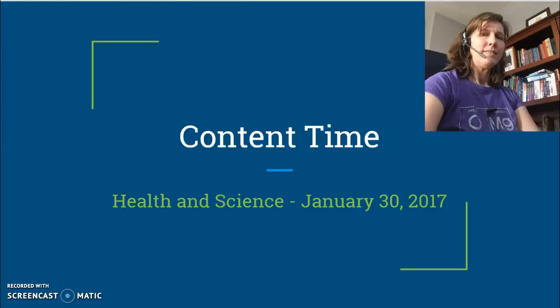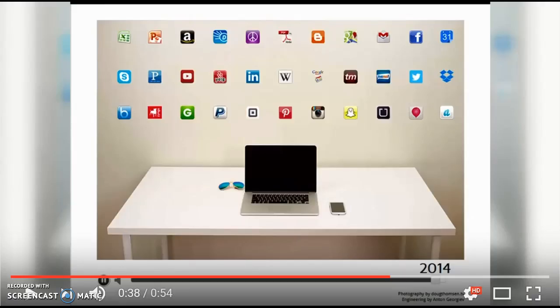So this is work time for content, and we are going to be working on digital content to follow up with what Tom or Marie talked about in your sessions. And as we get started, I wanted to share again this little video evolution of a desk. So if we start at the beginning,